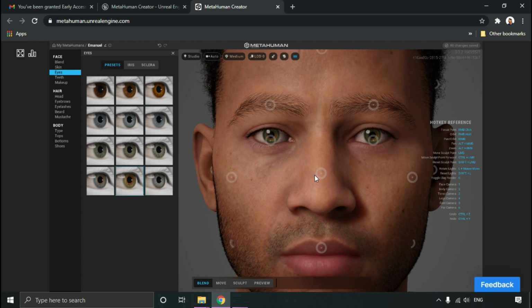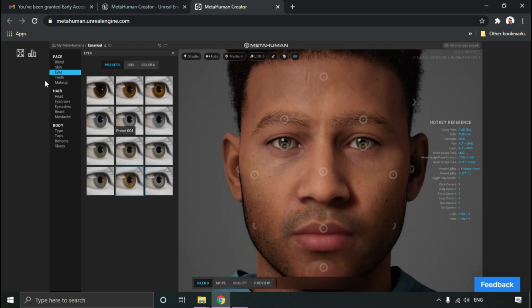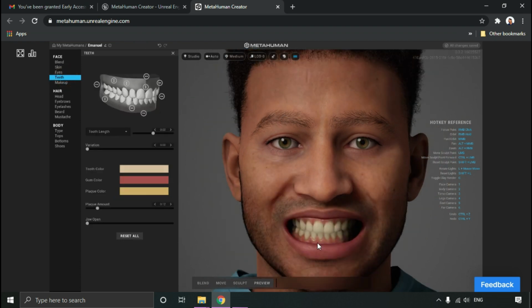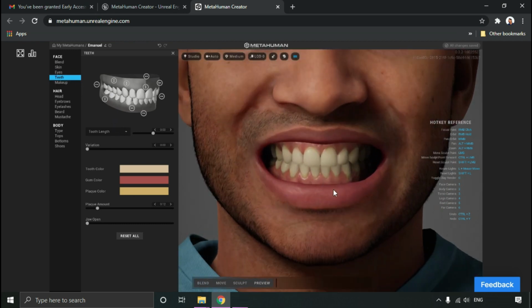It looks nice. We can change the teeth. As you can see, as soon as I click on the teeth option, his teeth opened up. And we can also increase and decrease the tooth size and everything. We can increase the teeth spacing. We can actually do everything.